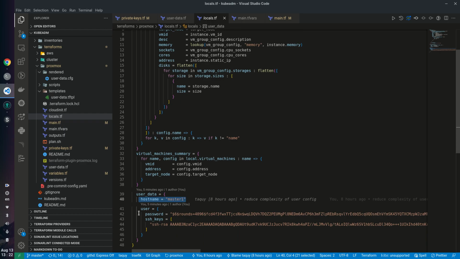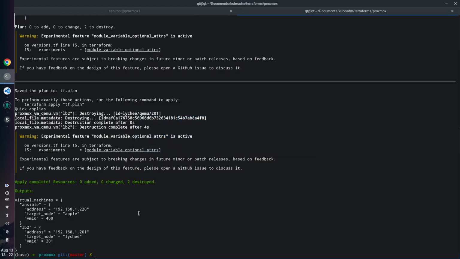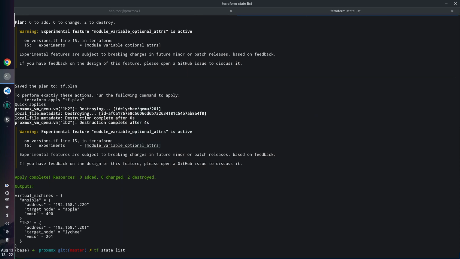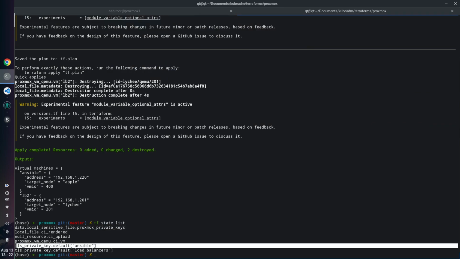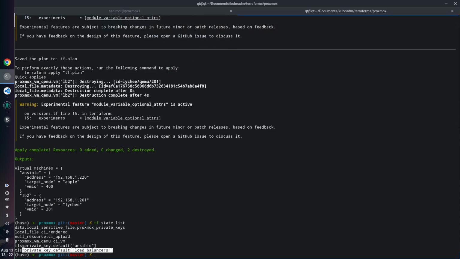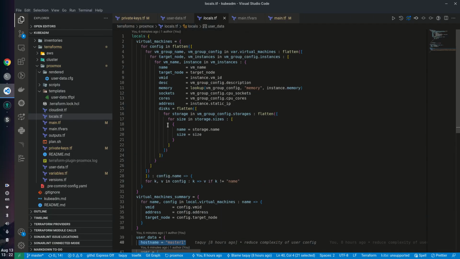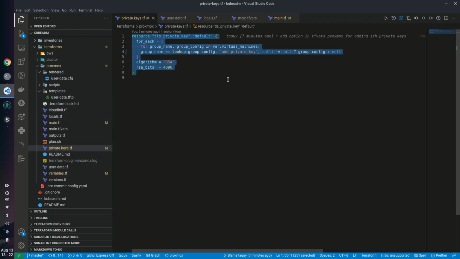Okay, it's getting complicated, guys. It's getting complicated. So let me just list this out for a second. We do it step by step. I have a lot of thoughts in my head at the moment, but we have to do it step by step. So we have the private key here, I think. No, this is the data. So here is actually the one I'm talking about. So we have the local as well. This is not something I expected. So we expect only